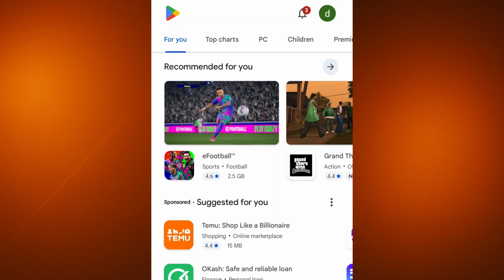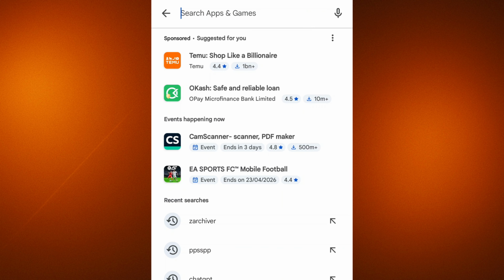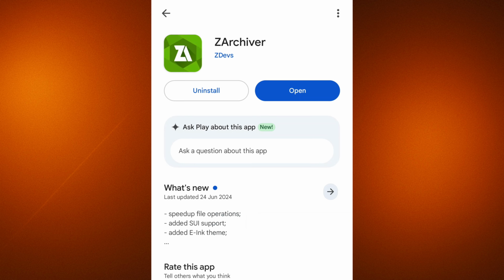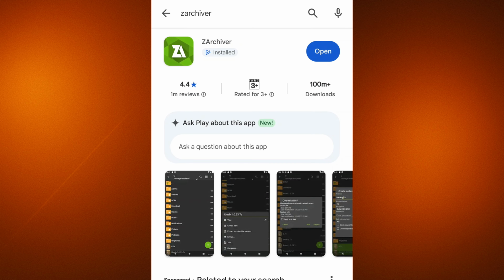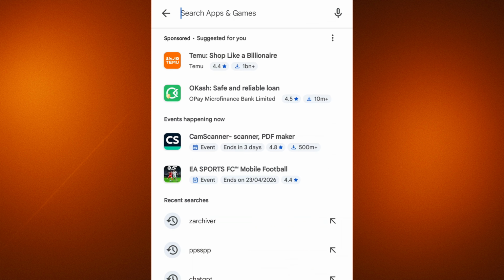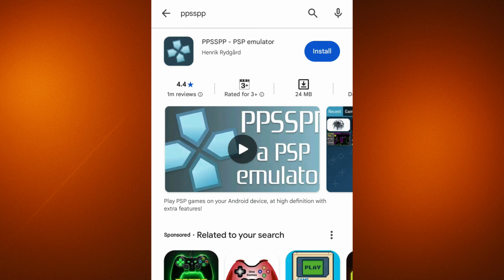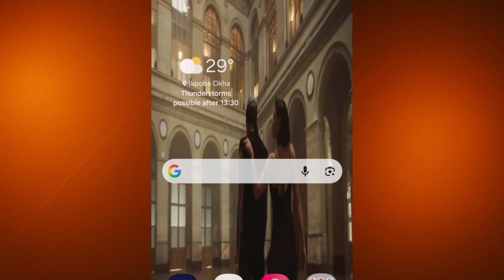Now, simply open your Google Play Store app and download this app that is called Z Archiver. It's very important. So once you're done downloading this app, if you haven't installed your PPSSPP emulator yet, then search for PPSSPP and then download the PPSSPP emulator to your device. Once you're done downloading these two apps that I just told you to install to your device, go ahead and